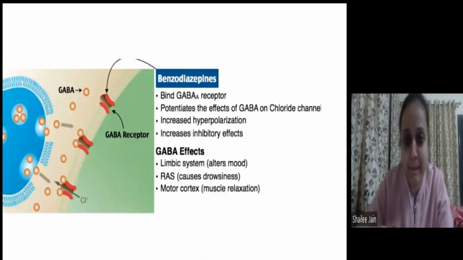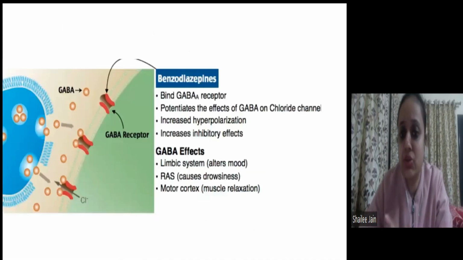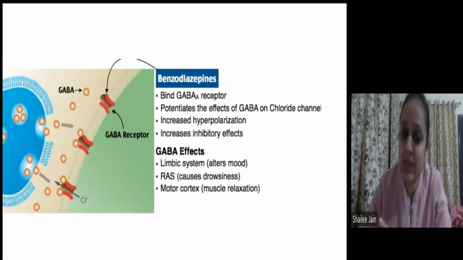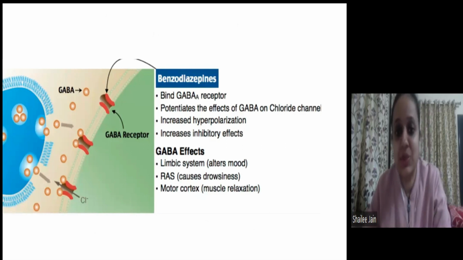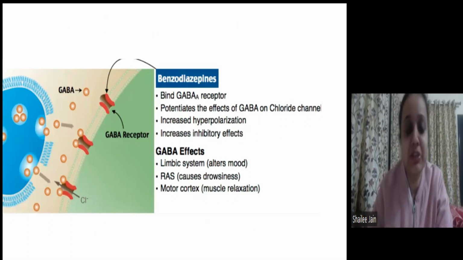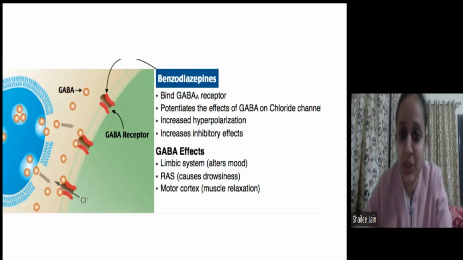Pathophysiology. So what do benzodiazepines do? Benzodiazepines basically bind to the GABA A receptors. And as we know, GABA A receptors are basically the inhibitory receptors. To these receptors bind GABA. What are GABAs? These are inhibitory neurotransmitters produced by the presynaptic membrane, right? So whenever these inhibitory neurotransmitters bind to the receptor, they give signals to suppress the further action of the cell. So these benzodiazepines bind to the GABA A receptors, enhance the activity of the receptors and they cause